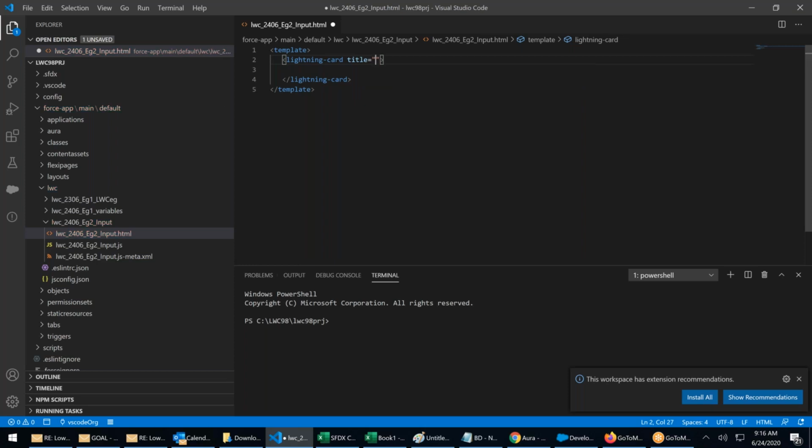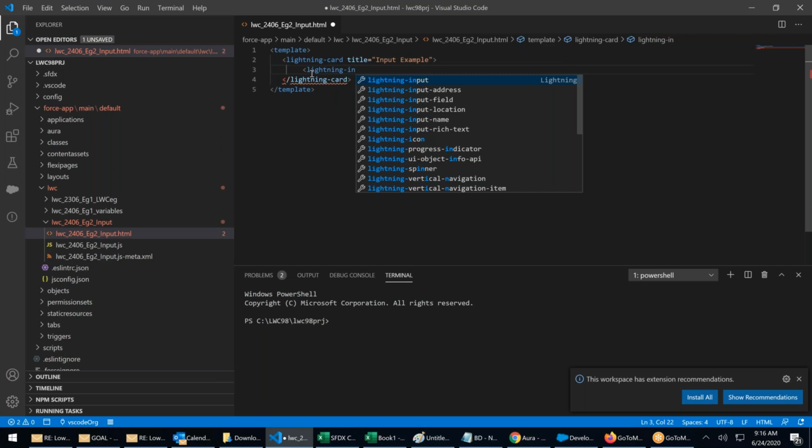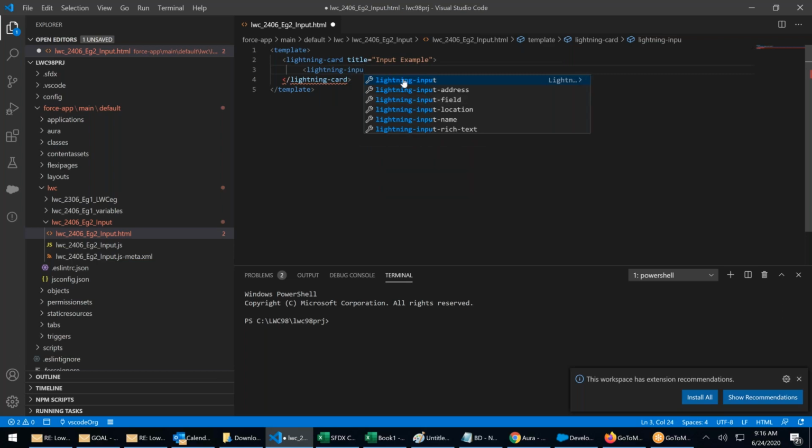I will say input example. Title equals to input example. I will directly use Lightning input here. Lightning input,